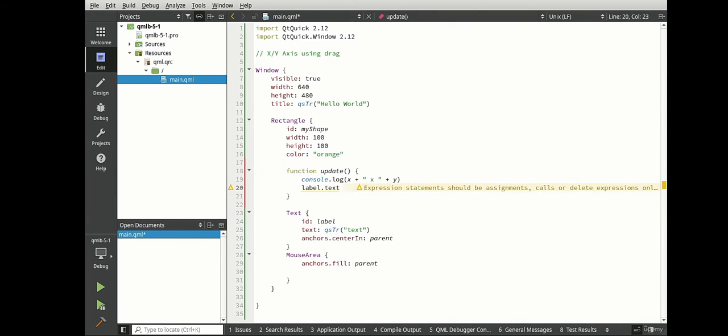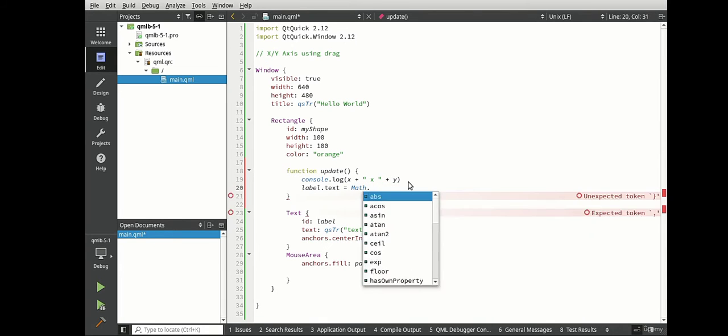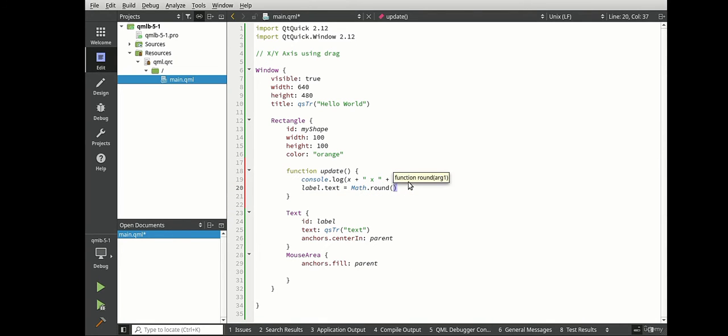text, and we want to actually set that text. And we're going to do a little bit of JavaScript. We're going to say Math.round. I promise we will cover JavaScript in future videos, but for now, if you don't know JavaScript, just take it on a leap of faith. What we're doing is not super complex anyways,